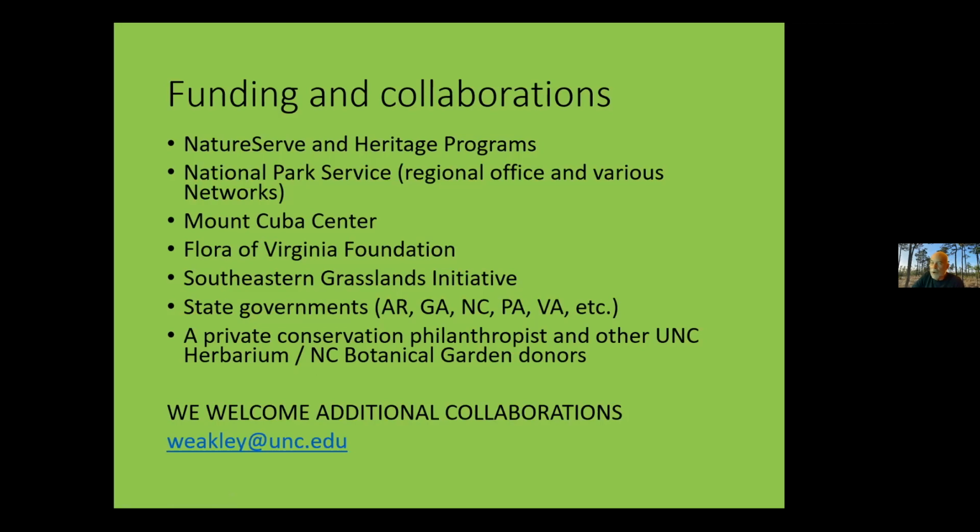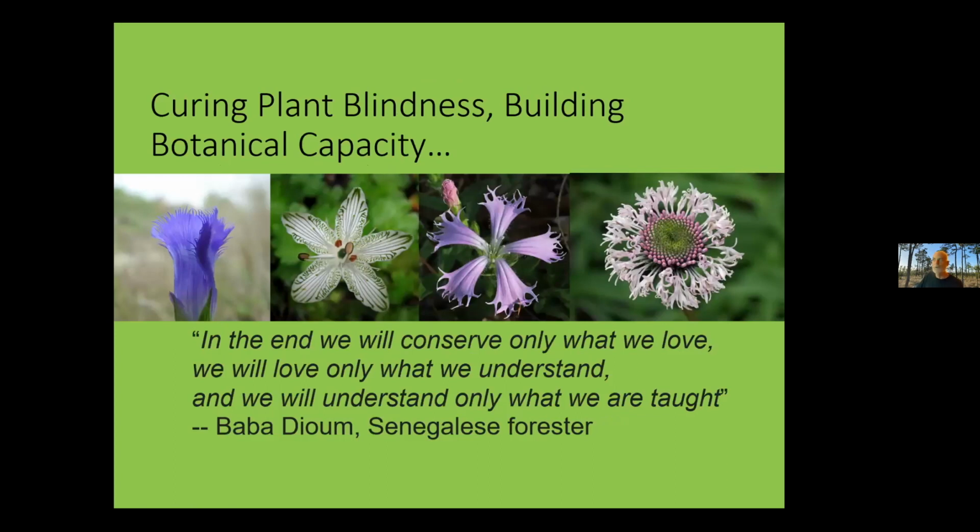So we're working with a lot of collaborators, contracts with National Park Service, funding from the Mount Cuba Center and the Flora Virginia Foundation, as well as the Southeastern Grasslands Initiative. We've had contracts from various state governments in the region because they recognize the need for customized floras for their state and so forth. And we've had very generous funding from a particular individual private conservation philanthropist who sees the value of this for leveraging conservation, which is his real passion. And we're looking to develop additional collaborations across the region to put in the hands of people who need it what they need. So I'll close with this slide,